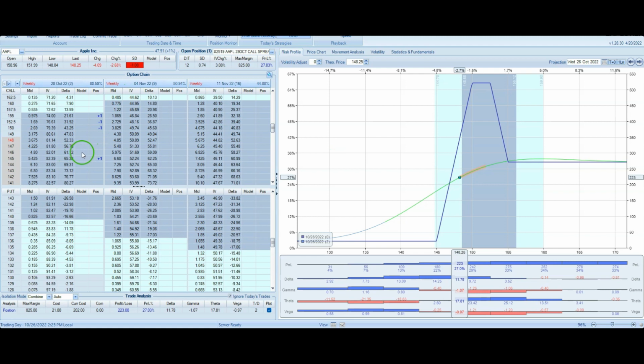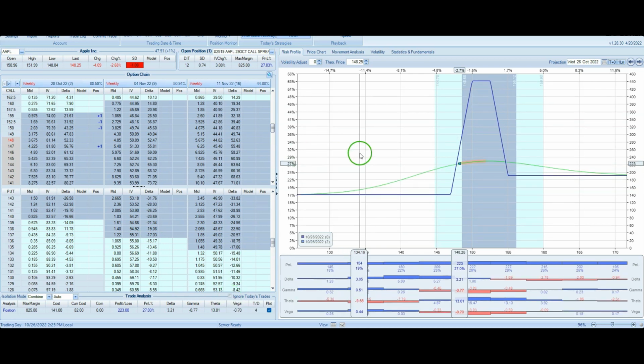So what I ended up doing, I ended up rolling the long 145 call up to the 147 strike. I collected a $1.20 credit or $120 for this roll, and that left me in a 3-point wide call debit spread and a